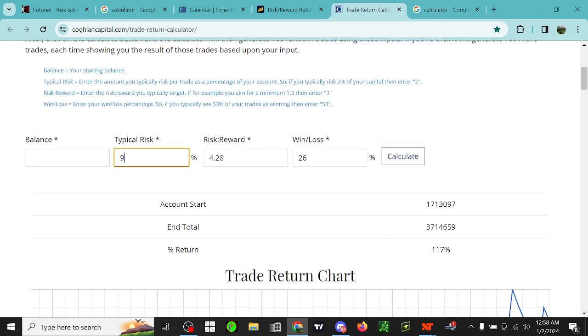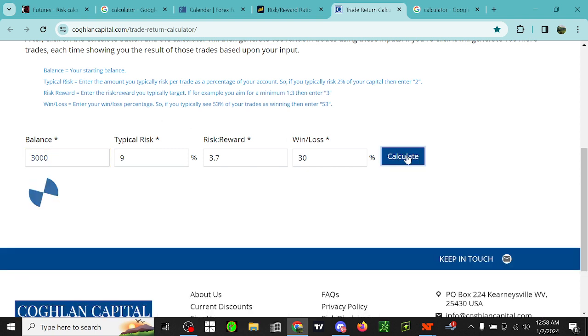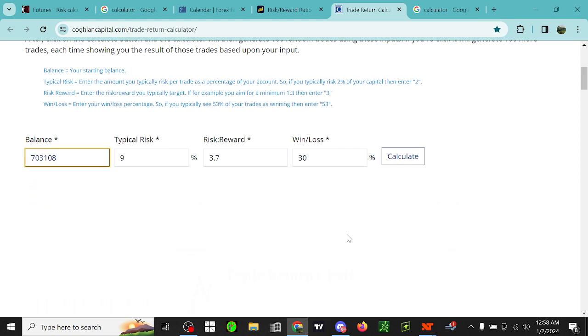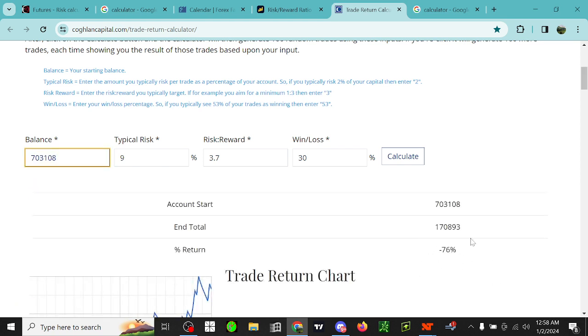Now, you might think that sounds crazy, but watch this. I'm going to show you that it's actually really good. So let's say you start with a $3,000 balance. After 100 trades, there you go. Technically, this is just a random assortment. It could be worse, it could be better. So you could lose 76% of the account. But if you keep doing it over and over again,